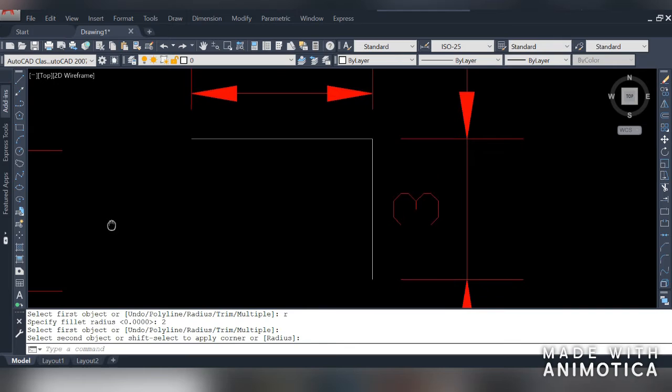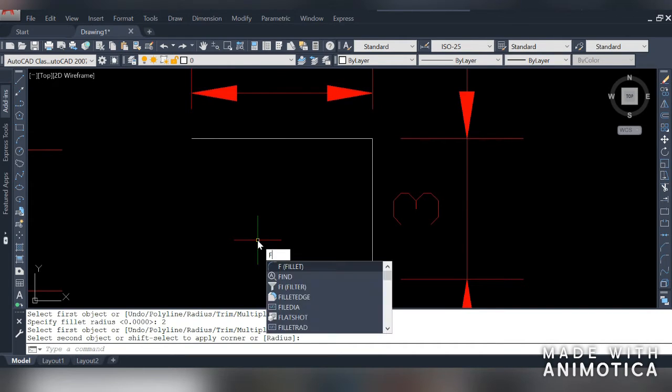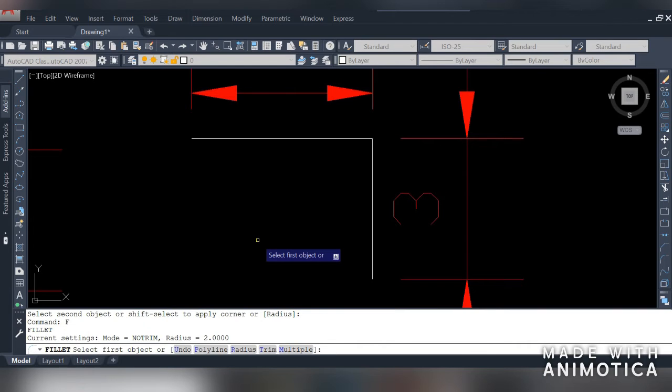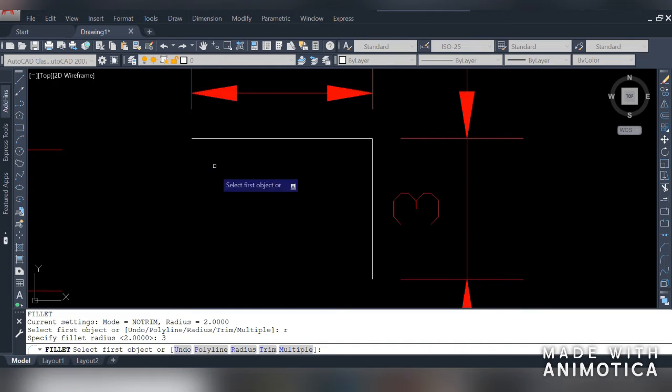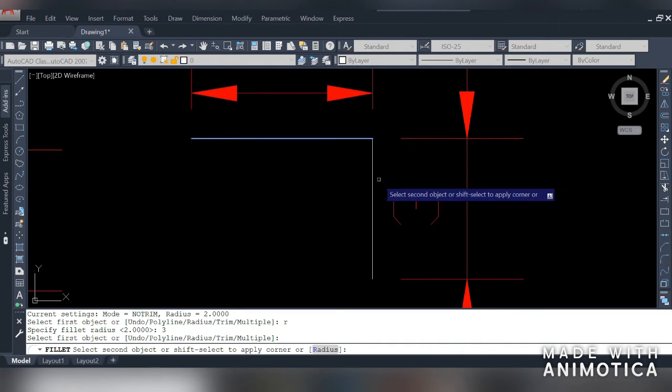Let's do it again. Choose fillet command, press F, then press enter. Specify the radius, press R, then press enter. Put the radius value, say 3, press enter. Select the first object, select the second object.